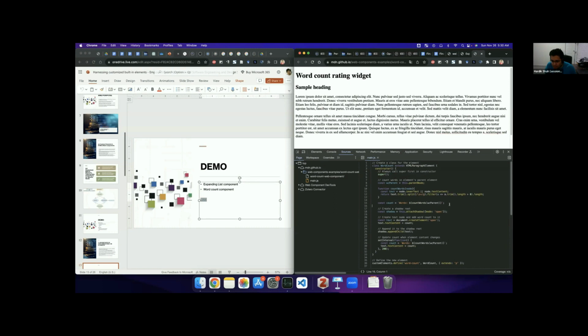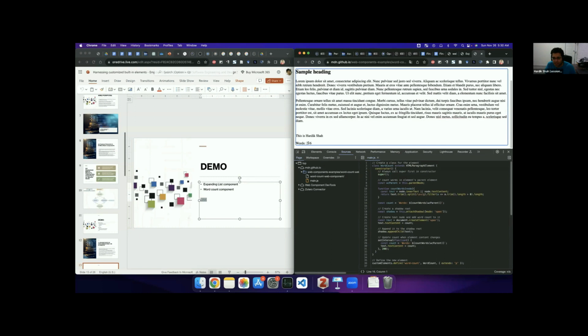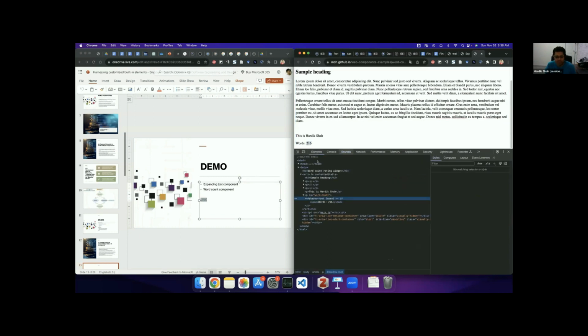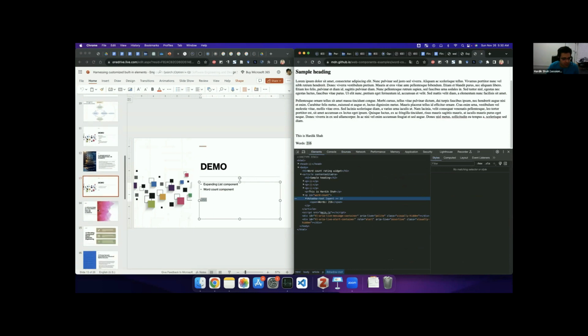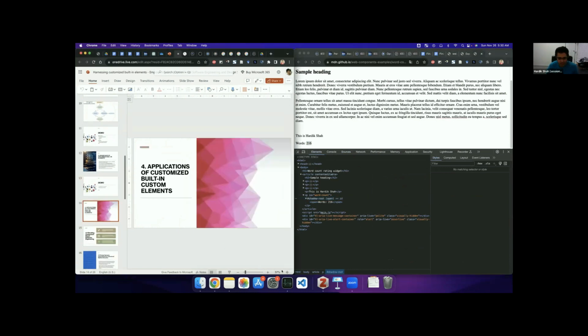As you type more words, we have an interval which triggers, and we count these words every 200 milliseconds, and it updates the count over here. So that's another example. Going back to our presentation,